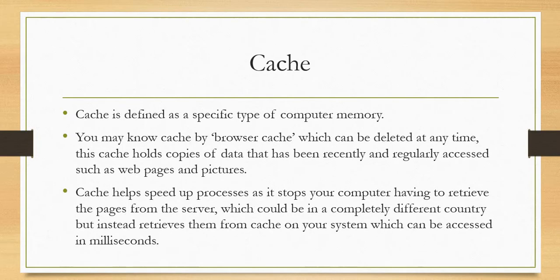So cache is defined as a specific type of computer memory. You may know it as browser cache in your browser, such as Google Chrome. When you delete your history, you might also be prompted to delete your cache. And the cache is used to store local copies of recently and regularly accessed data. So web pages, websites, pictures, videos, anything like that can be stored in the cache, and